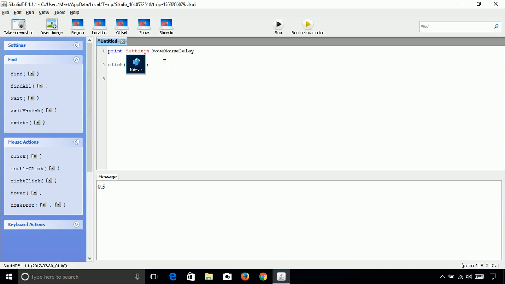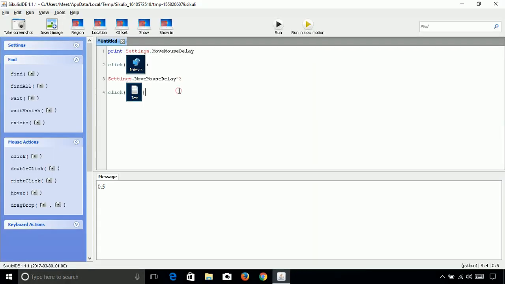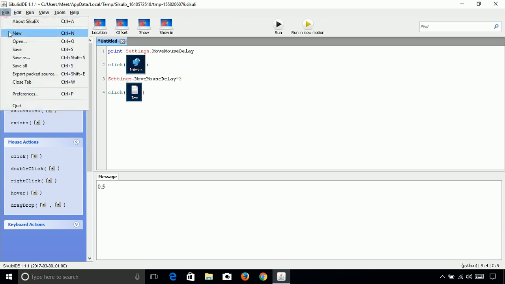Then we will set the move mouse delay to 3, and then we will click. Then we will click on test document. So let's take a screenshot of that. So it is set.